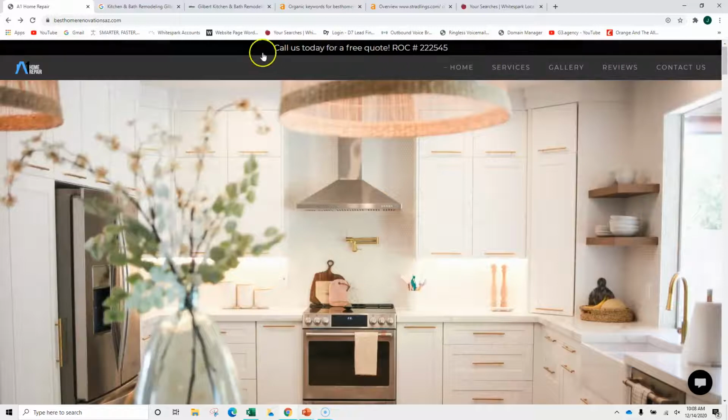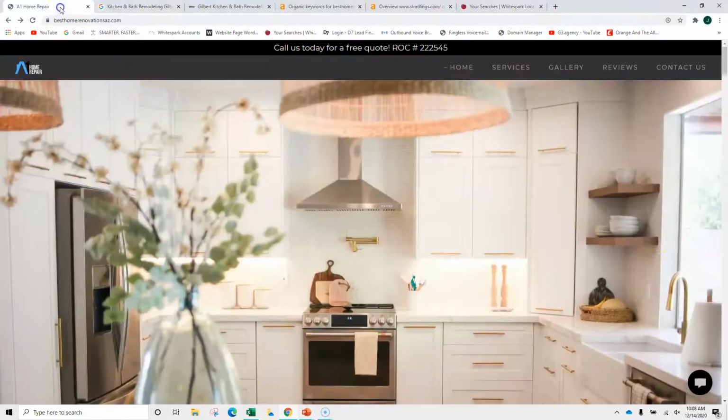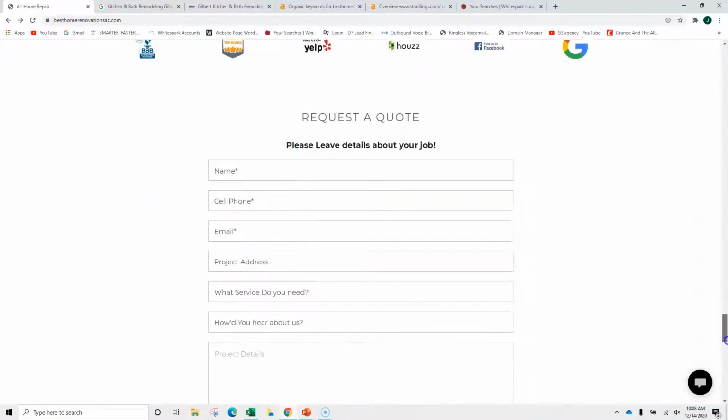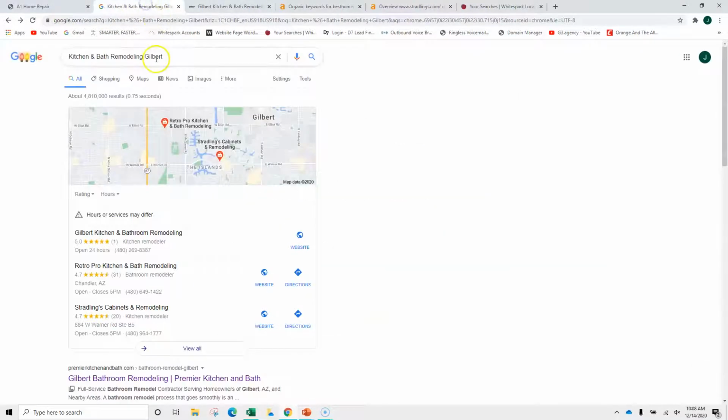Now, let's look a little bit here. If I were to do a Google search and click kitchen and bath remodeling in Gilbert, the reason I chose that is because I believe on your site you had some of those words. Here we go, kitchen bath remodeling in Gilbert. So to show you kind of what I'm looking at,